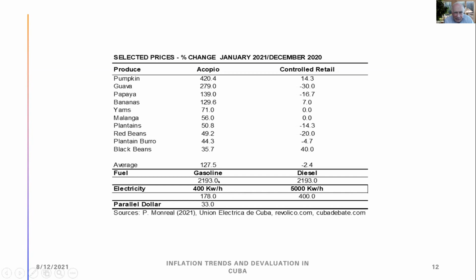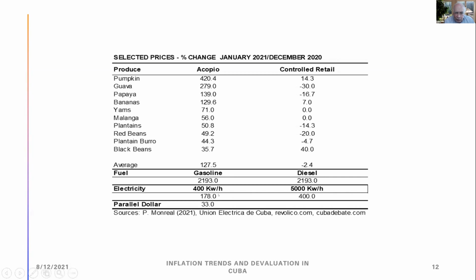Since then, the gasoline price is now up 1,300%. They adjusted some of these control prices. One of them is the fuel prices, which now has been lowered to an increase of 1,300%. The same with electricity, and these are the actual prices